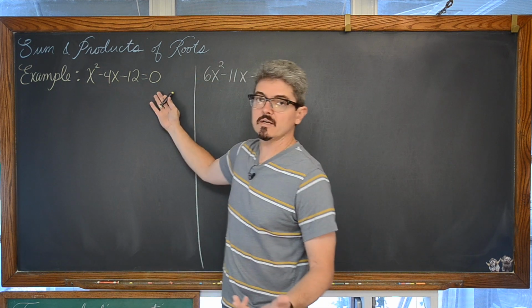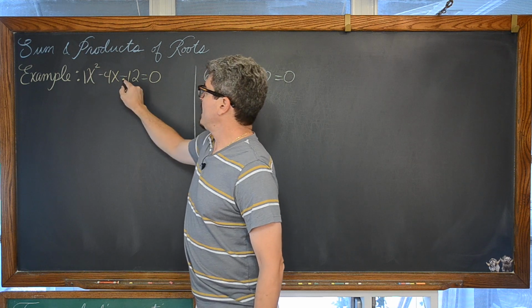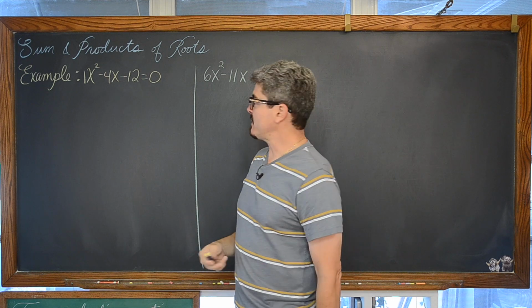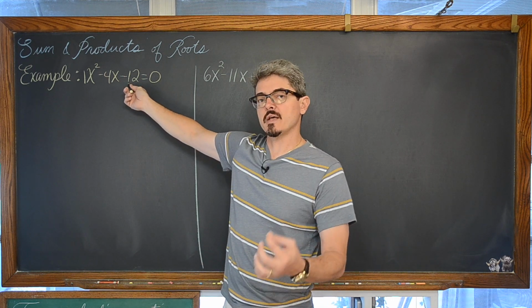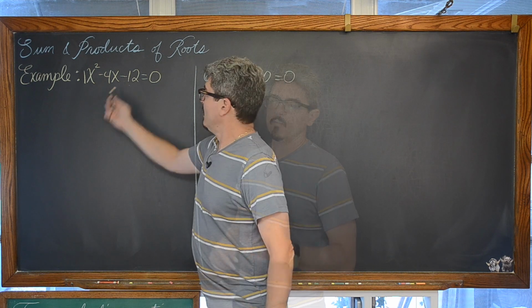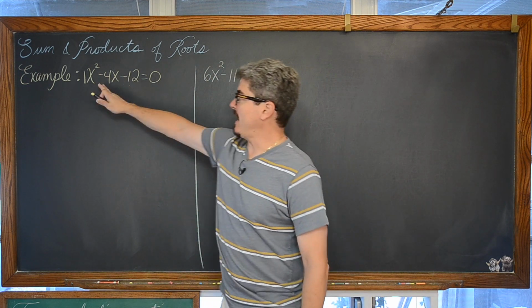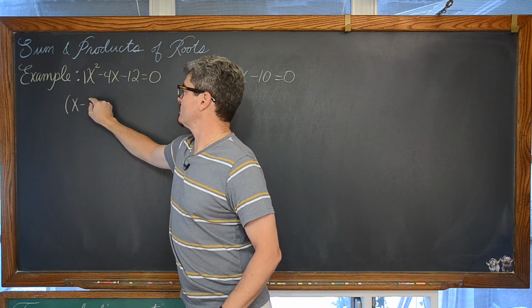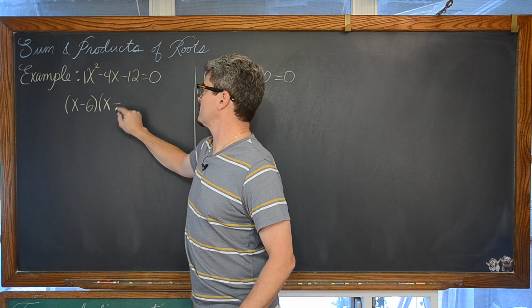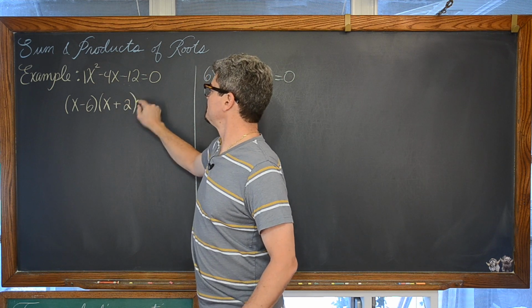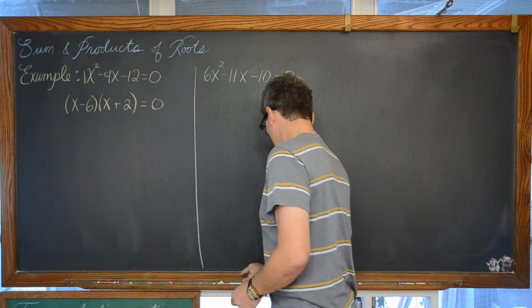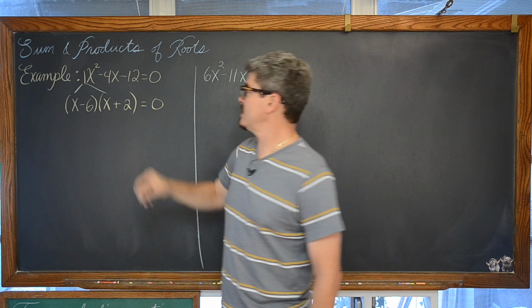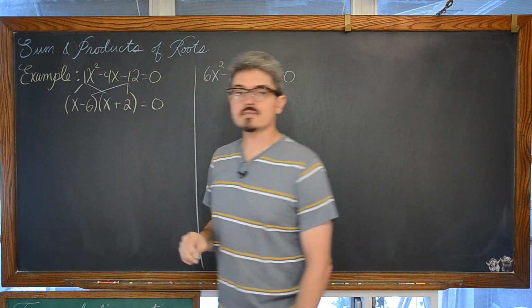So we have here a quadratic with a leading coefficient of 1. We have a constant which is negative, set equal to 0. And we're going to factor this by simply looking for factors of our constant, which is negative 12, that add to the middle term. Our factors of negative 12 that actually add to be negative 4 are going to be x minus 6, a factor of negative 6, and then x and a factor of positive 2. So we have our factors of our first term going in the first two blanks of our two factors here, the factors of our constant going in the last two blanks.